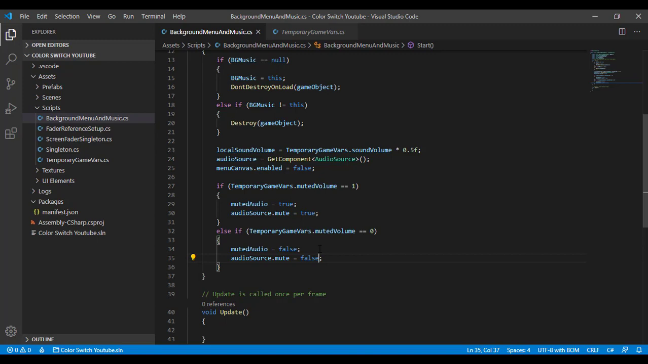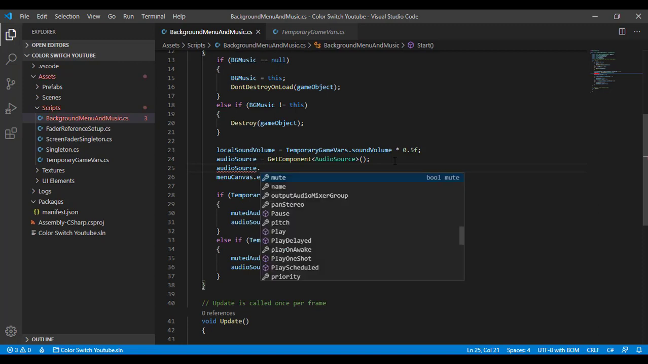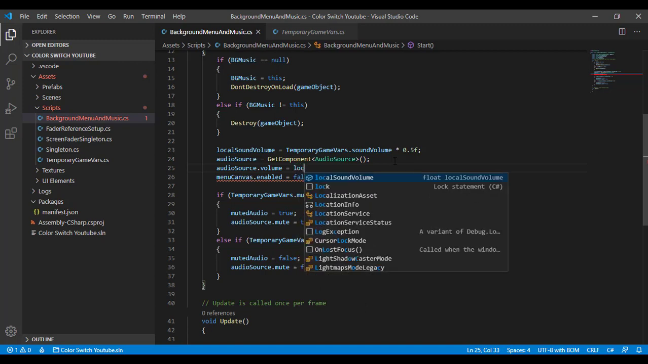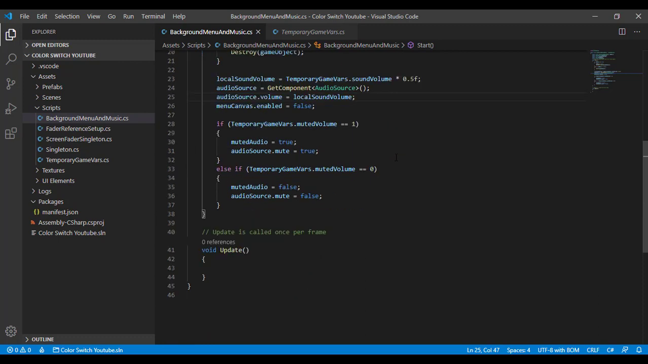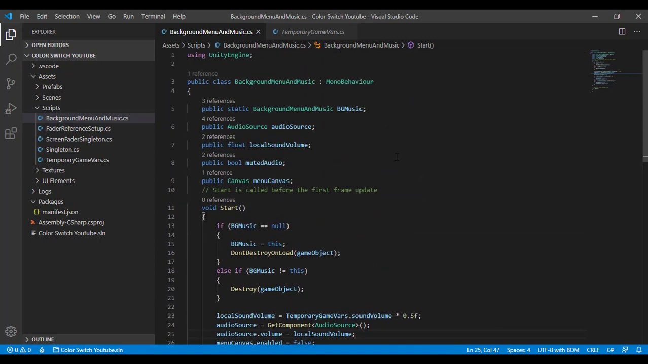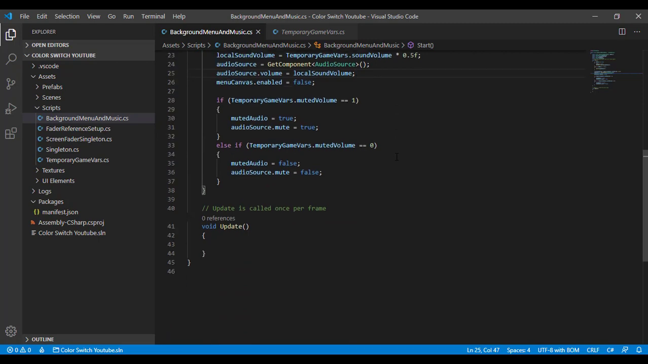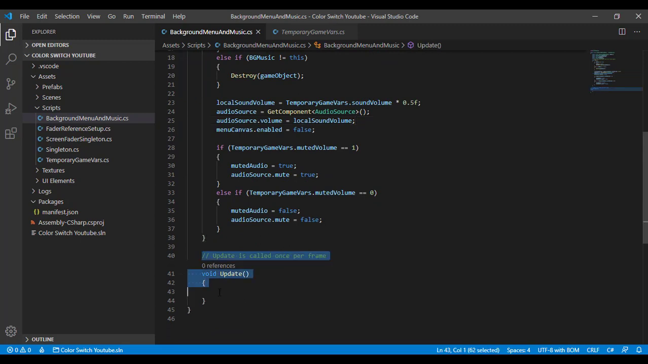Okay, and let's do one thing more. The audio source volume should be our local sound volume. Okay, so this is it. Let's create another method. We don't need this update here. Okay, so let's create another method,